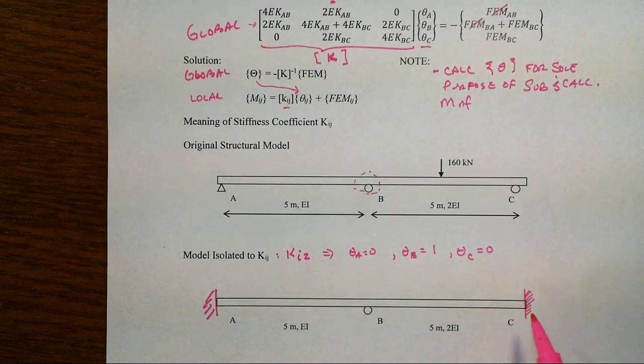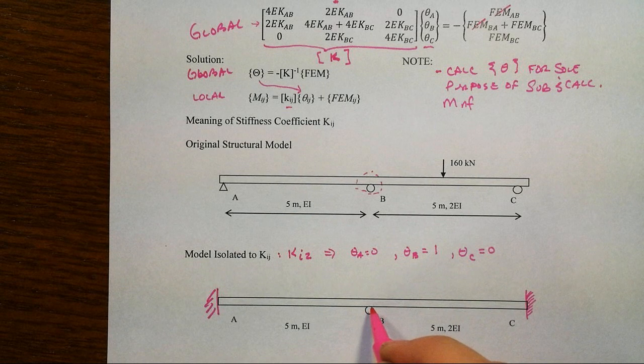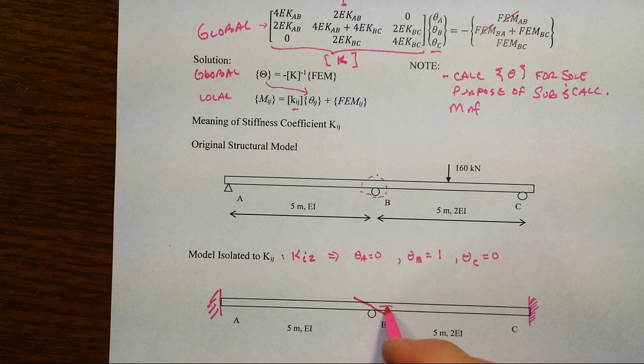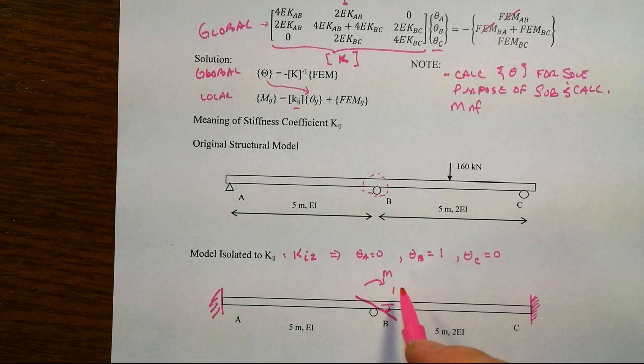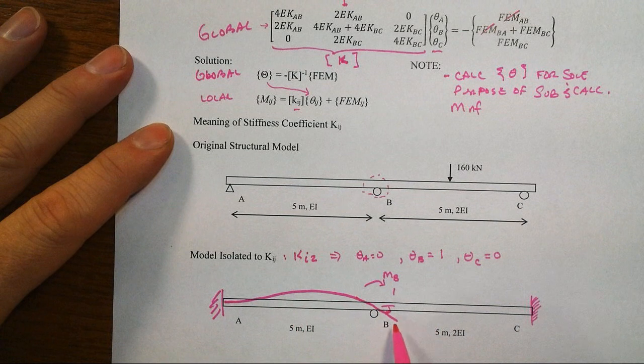And then we'll do the same thing here, that we have to come along and we have to put some sort of restraint, or we have to impose forces so that we get this displacement field. And then we'll say let theta B be equal to 1. Now remember, clockwise is positive, so here's our unit rotation. Of course, we have to have a moment that is applied there at joint B in order to get that to happen. Now the curvatures that will develop in response to that will be something like